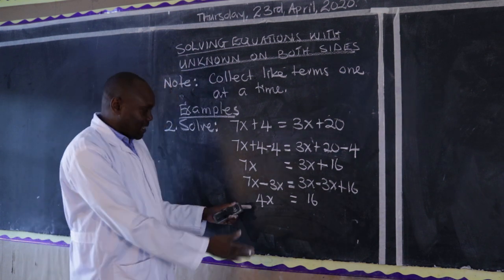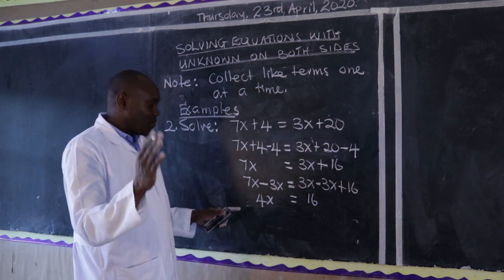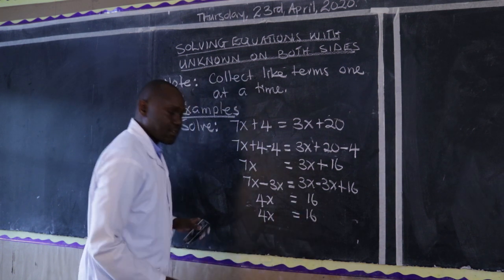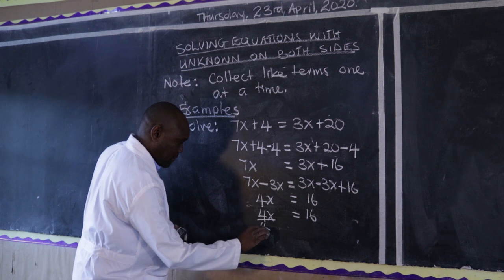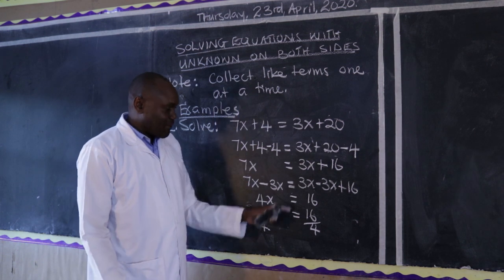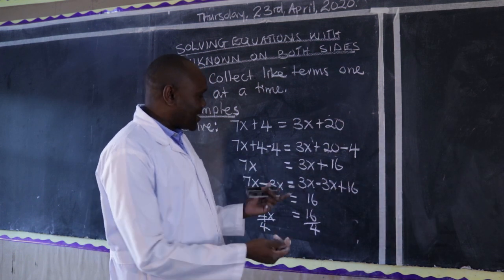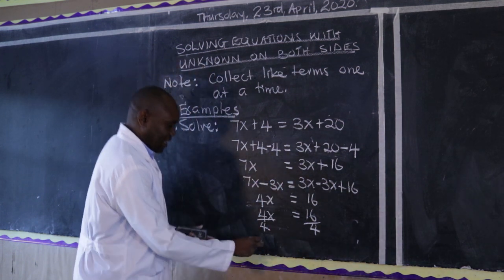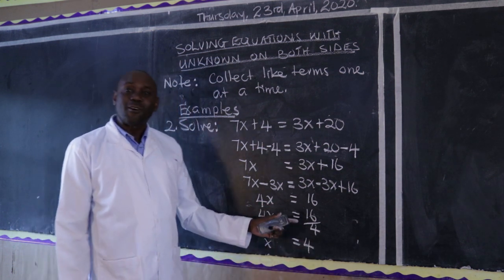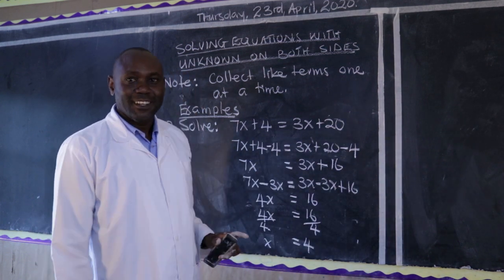Please, candidates, don't begin dividing from here. This is a question of ETC. Move to the next step and say 4x will be equal to 16, and divide here by 4. Divide here by 4. Please, I know some of us, because we are rushing, think the paper was very simple, look at the work we have just learned. Then you begin saying, okay, x equals 4. Please, this is very wrong. We shall ask you, how did you get 4?